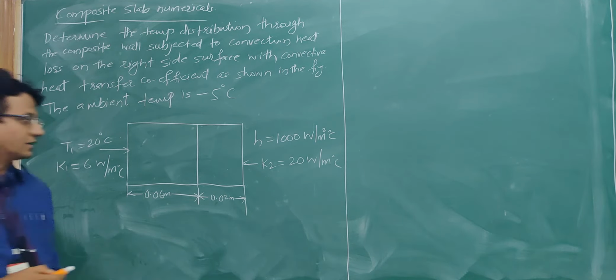When we formulate this as an FEA model, we have to consider the effect of both conduction as well as convection. In the first element only conduction is there, but in the second element, as there is convection on the right side, there will be two stiffness matrices together: one due to the conduction and another due to the convection. So we'll solve this problem. First we'll formulate the FEA model for this.